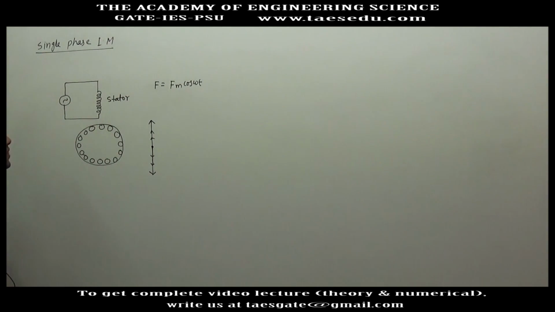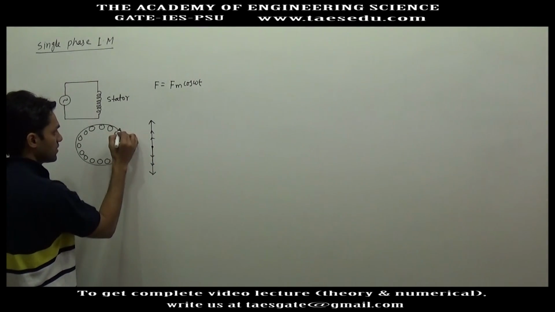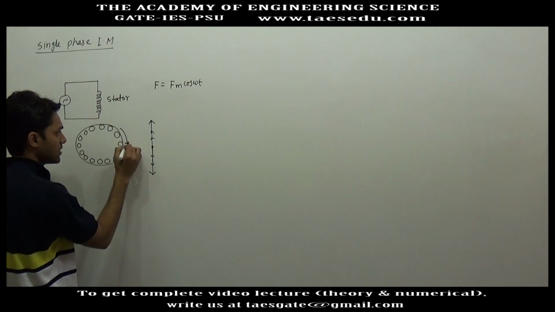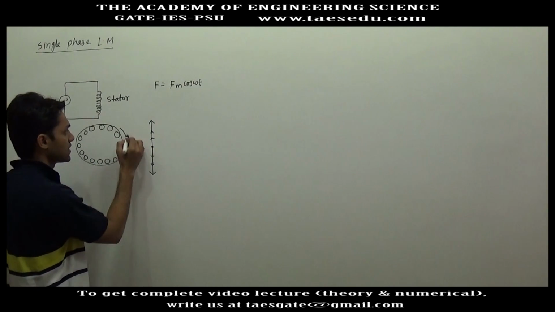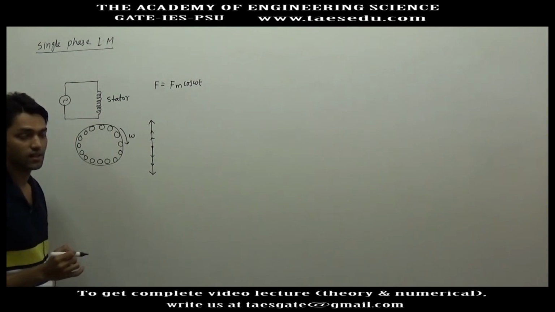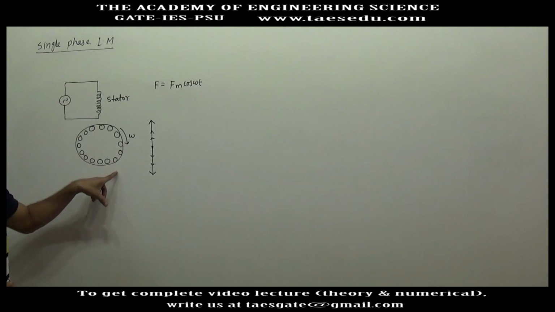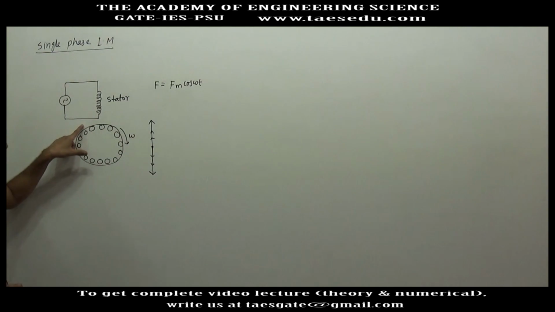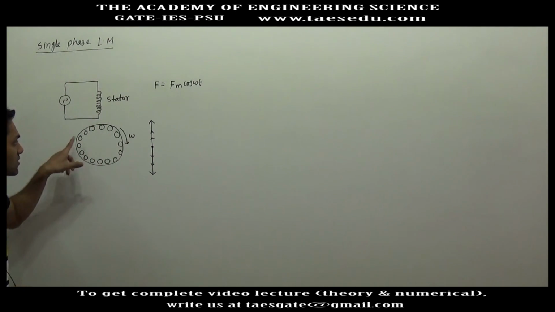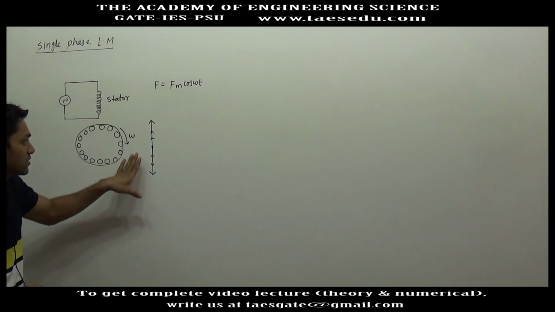So if this magnetic field will not cut the rotor conductor, this single phase induction motor or this rotor will not rotate. But if it is given an initial speed in any direction, suppose an initial speed of omega in clockwise direction, then this single phase induction motor will start rotating in clockwise direction. If it is given an initial speed in anti-clockwise direction, it will start rotating in anti-clockwise direction. And how that will happen, we will see.